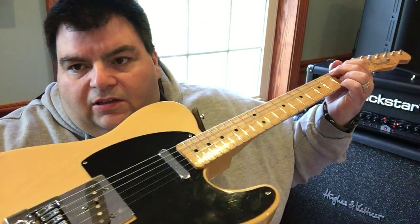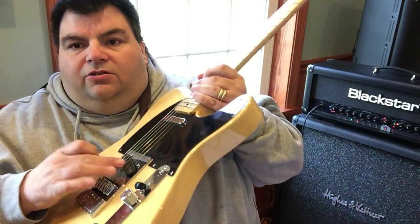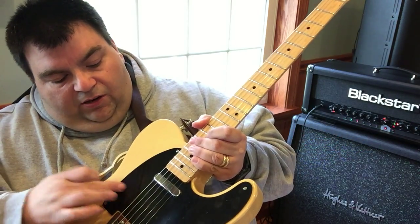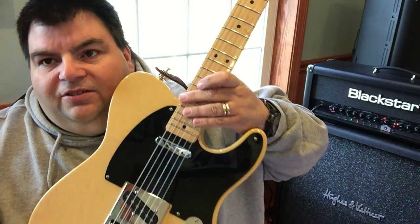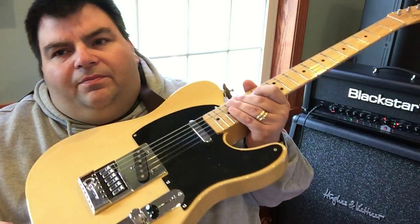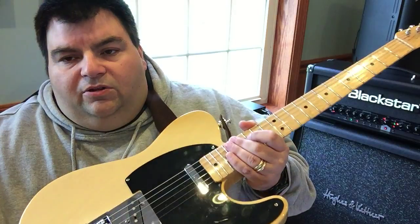And that's both positions in phase, parallel. Let's check out this broadcaster here all by itself. Actually, before I do that, I want to talk a little bit about the pick guard, if I haven't already. I bought a pick guard to replace this one, just for the heck of it. I don't know if I got bored or whatever. It was tortoise. I wanted to see what it would look like, and it didn't fit. So either this doesn't take standard Tele pick guards, or it was just a fluke that the other one didn't fit. But